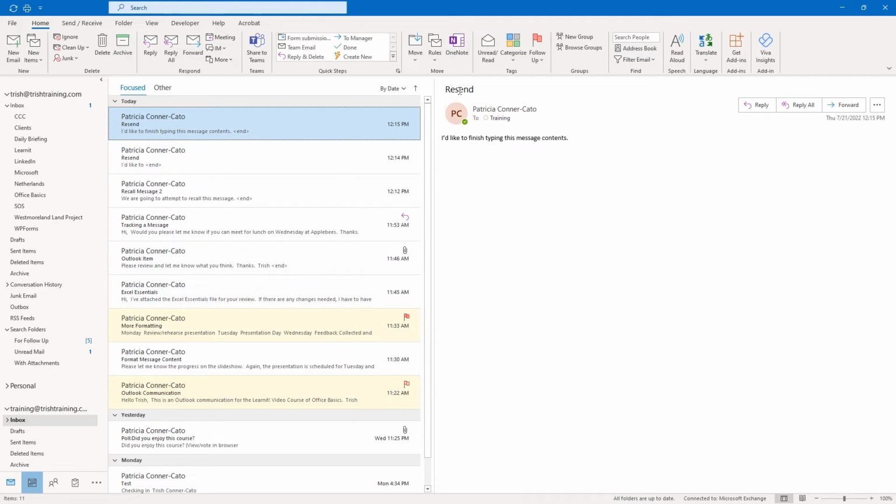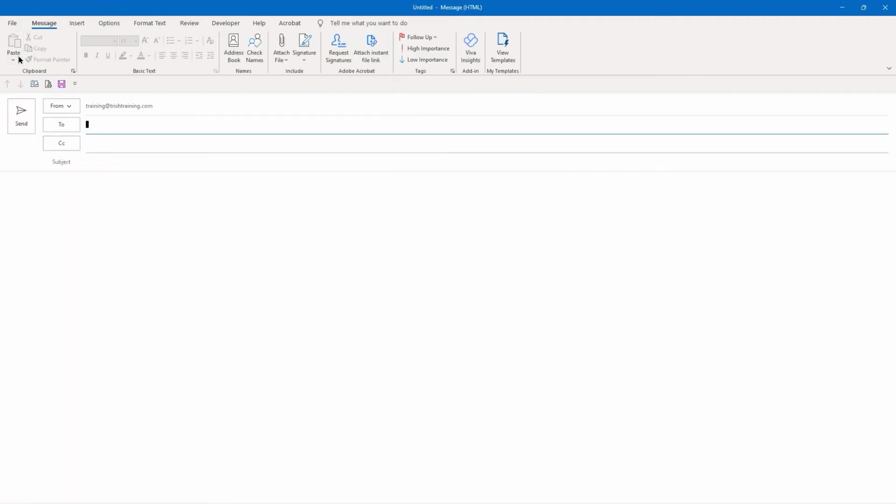Now, I want to show you one other thing, an integration between your email and your calendar. So let's do this. Let's do one more new email message. And actually, I'm in the wrong account, but I can change it here.